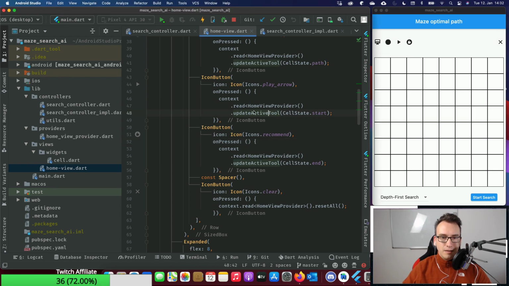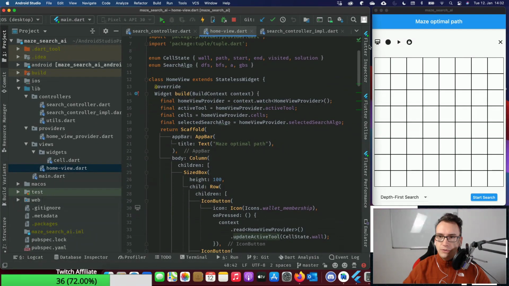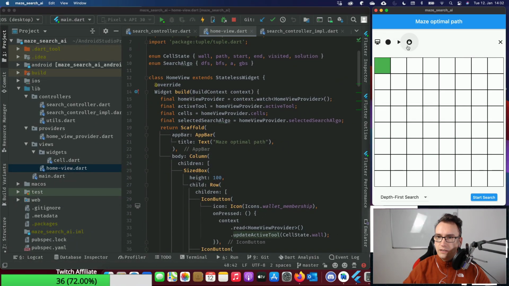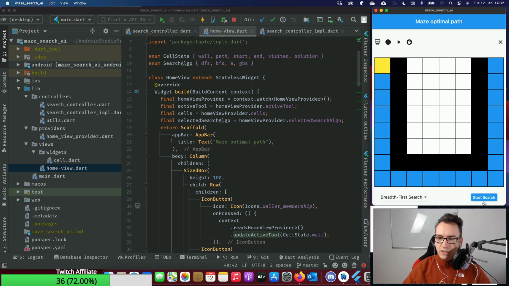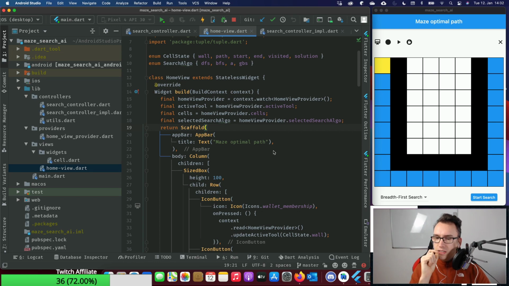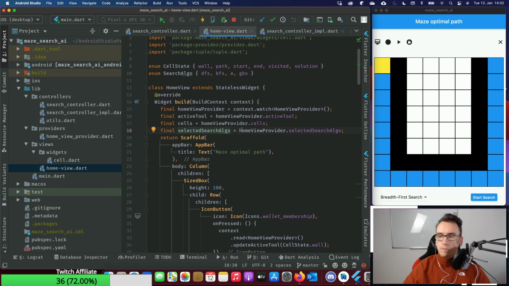Okay, so in order to have that, what I would like to do is this and this. And the question is now, should we have another button, like a not completely harsh reset button that keeps the state of everything? Or that we just, if we select down here something that we can research, maybe we could also change the button so that it goes from start search to reset. So that if I click here, we reset, and then I click again, then the start point and end point and the walls are back there where they belong. That would be maybe an option.